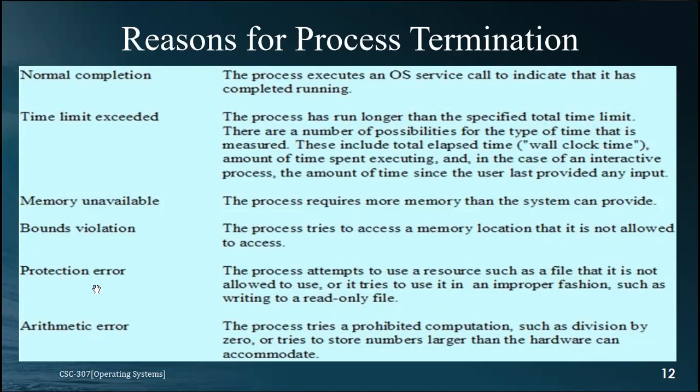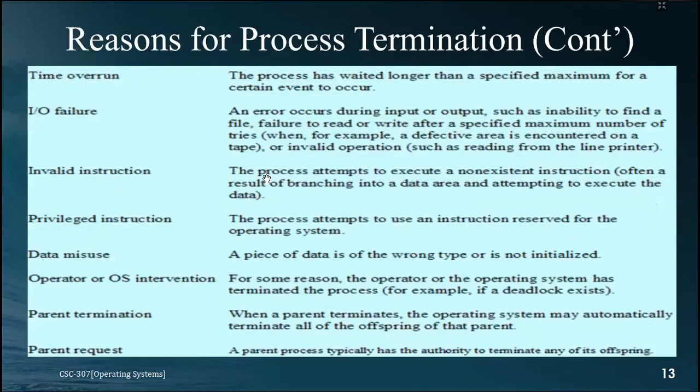So if a process suddenly tries to change a file that it doesn't have permission for, the process gets terminated as it is treated as a security threat. And finally, the arithmetic error, the calculation error. So these are the 6 reasons. There are some more reasons that a process gets terminated. So next you see